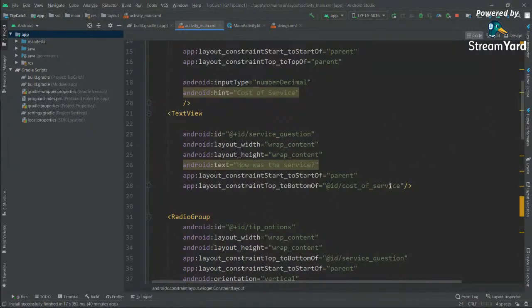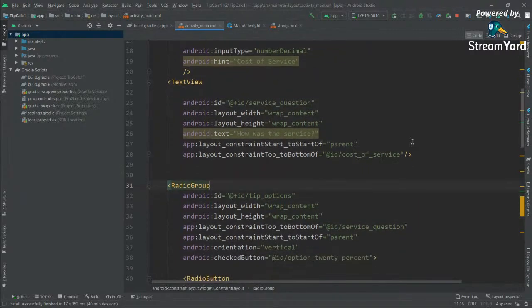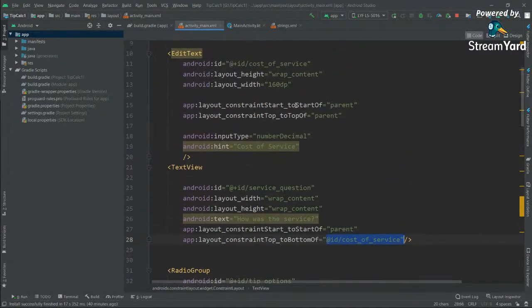Moving on, the constraints layout. You can see I have given the left, that is the horizontal, and the top, that is the vertical constraint. As you can see, I have given the horizontal one to start of parent, which will be the left side, the left layout constraint with the parent, that is the constraint layout, and the topmost constraint, which is the vertical one, to bottom of, and then I have given the ID of the view I want it to be